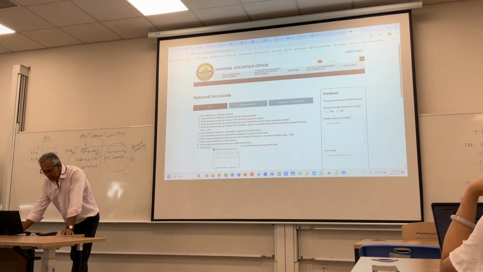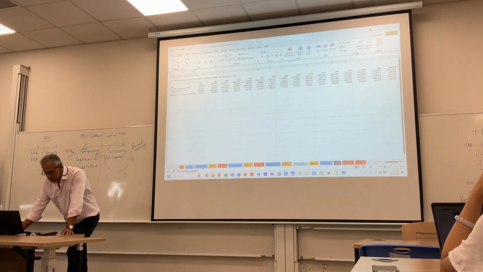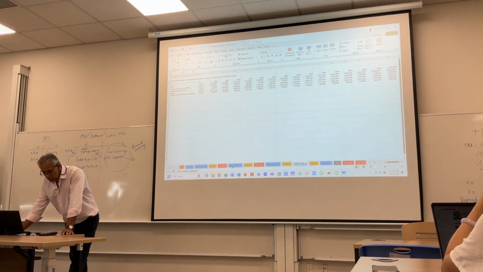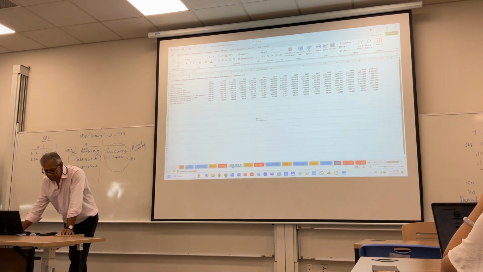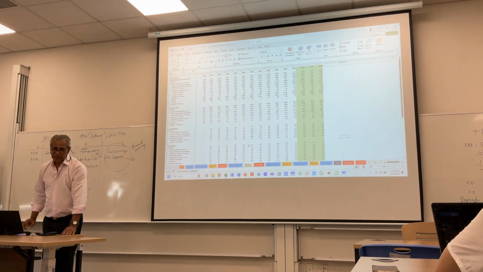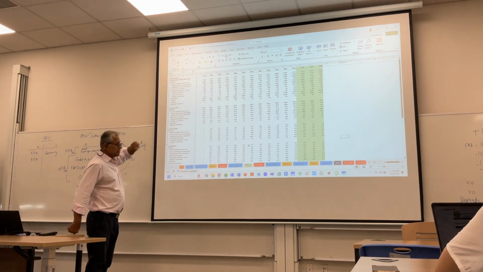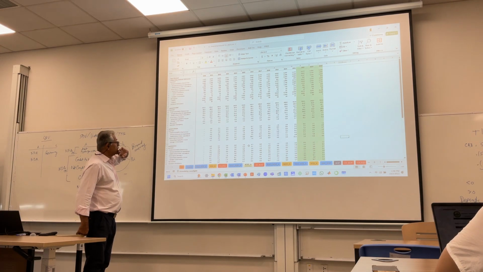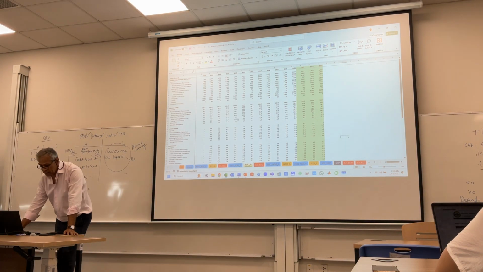All of that data is collected in the macro framework, the NSO real supply side, NSO real demand side data, NSO RDDA. The next blue one is NSO NDDA, nominal demand annual, and NSO NSS is nominal supply side annual. I just want to show you a little bit. When you collect the data from the demand side, NSO RDD, and you process it in this sheet, this is quite a big sheet in some ways,